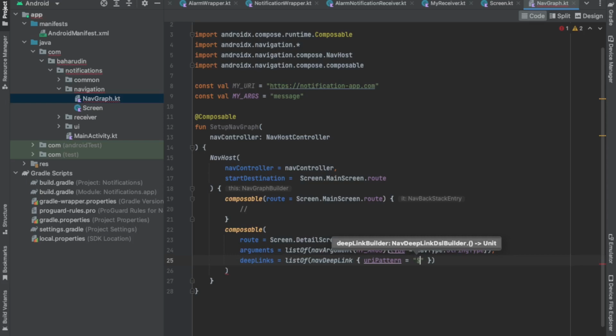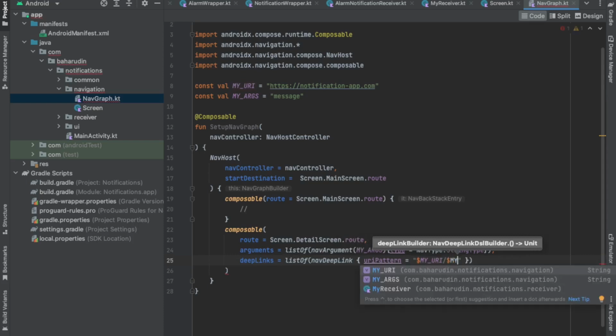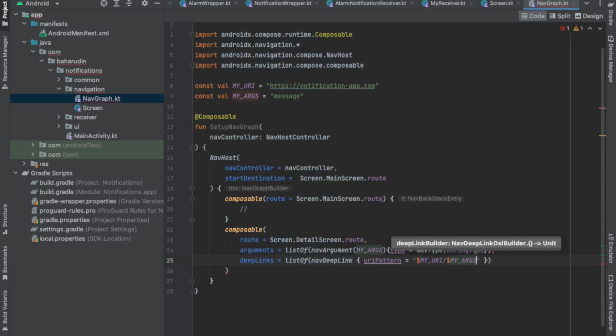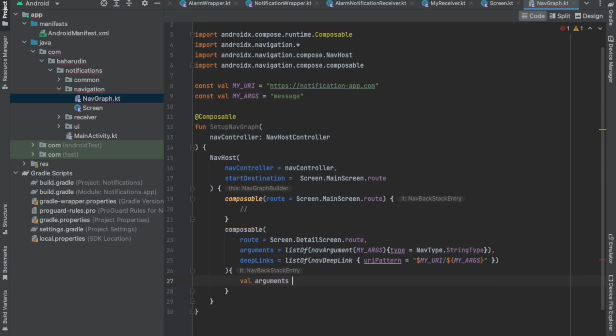I use my dollar and then my URI. My URI slash dot my argument. Okay, like this. I will continue with curly bracket, and inside here I will create a curly bracket again. Inside here I will create the argument is if dot argument,